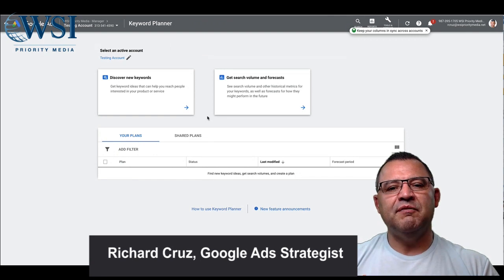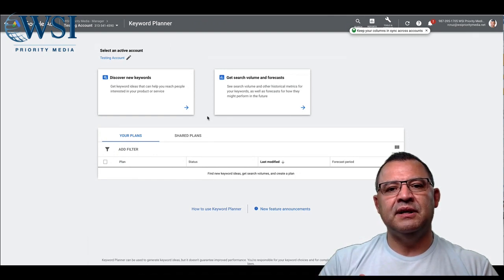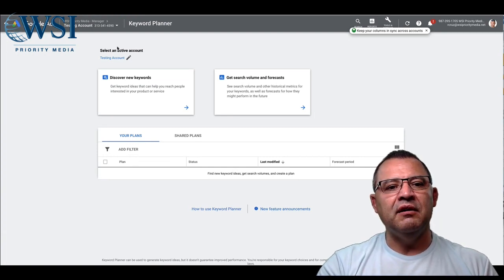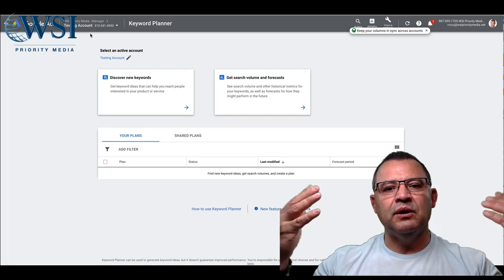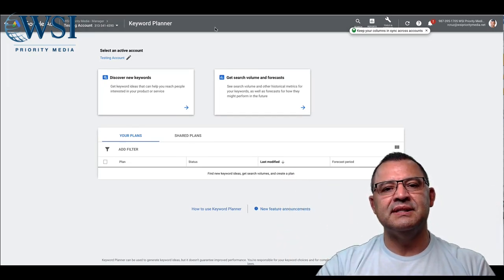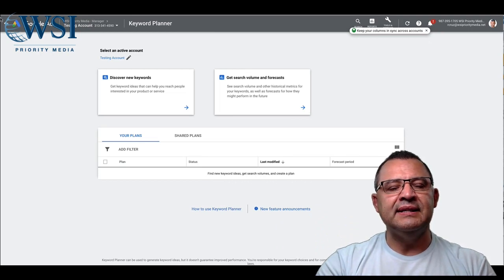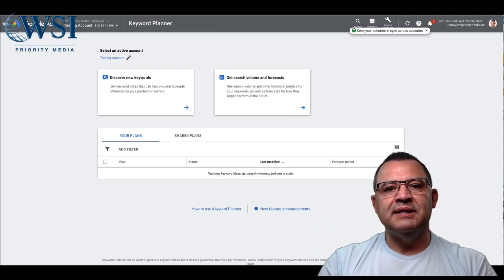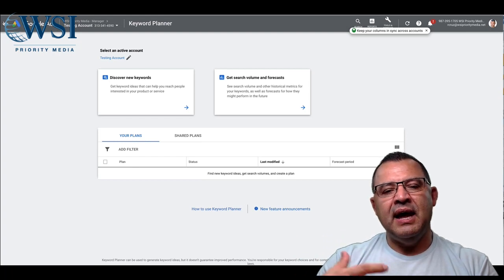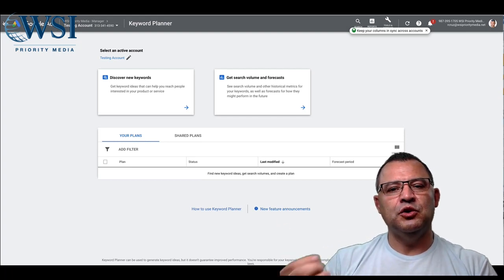I'll start off by telling you that there are a lot of different software tools out there that you can do keyword research with. I've used a whole bunch of them and they're okay. I prefer going to the source. I love going to the source. The source of every single one of them is this tool, the Keyword Planner tool right inside of the Google Ads interface. Why? Because it is the direct source of information and you're not having to go through a third party to interpret that for you.